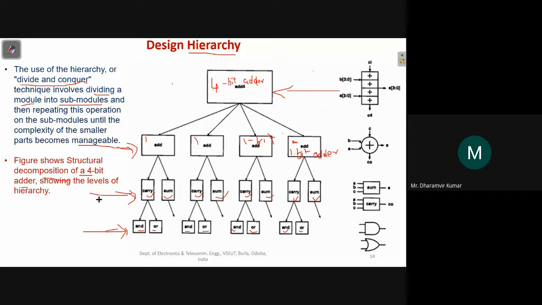And remember this, whenever you design a circuit, you can apply this concept in many other things also. You may be designing some electrical circuit which is big enough. So this funda can be applied there also: if the circuit is big and complex, divide the circuit into smaller modules, again those smaller modules into even smaller modules, like that, until the smallest part becomes manageable. You start designing from that smallest part and combine those bigger parts to get the final circuit.